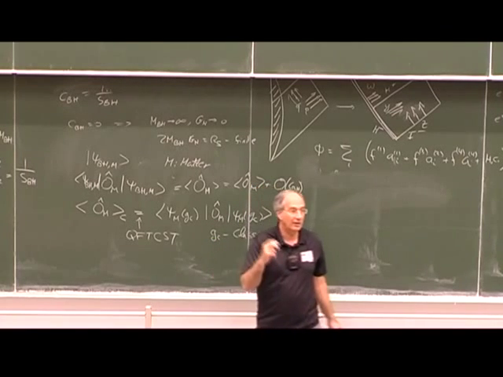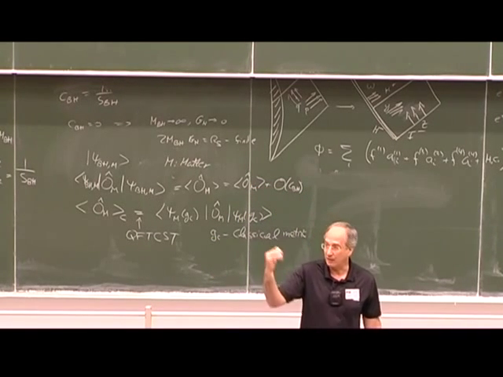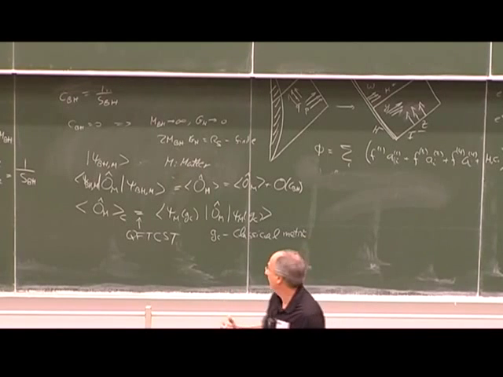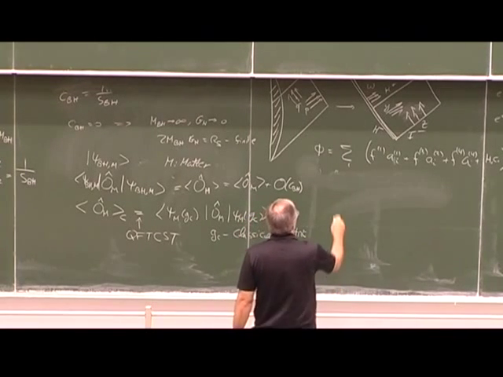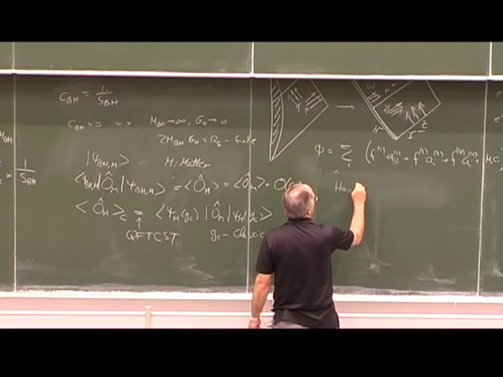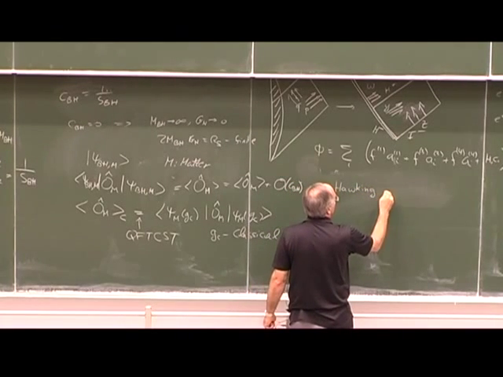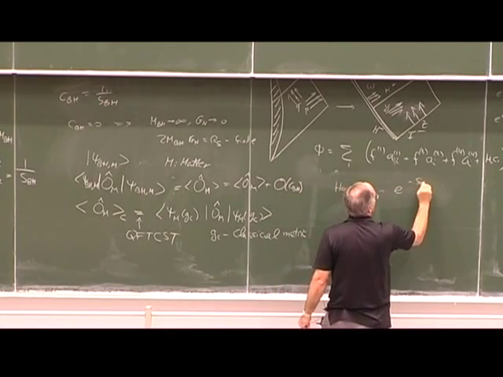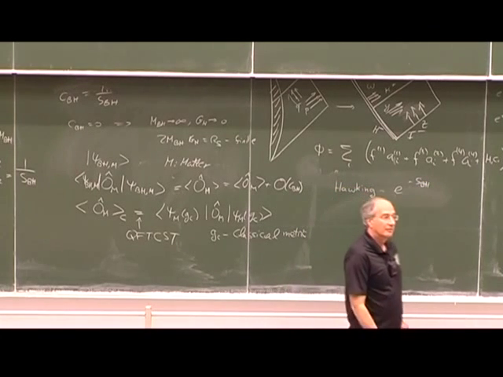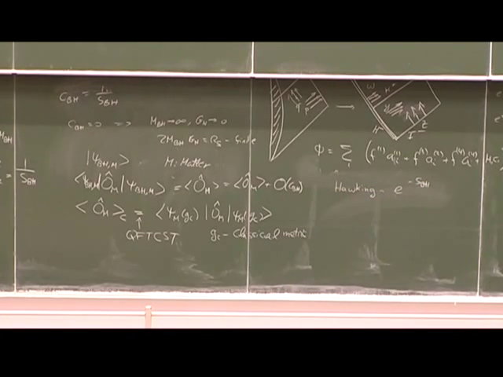Because remember that Hawking argued correctly that the back reaction effects go like e to the minus S_BH, right? So these type of quantum corrections, despite the fact that they're very small, are huge compared to the back reaction corrections